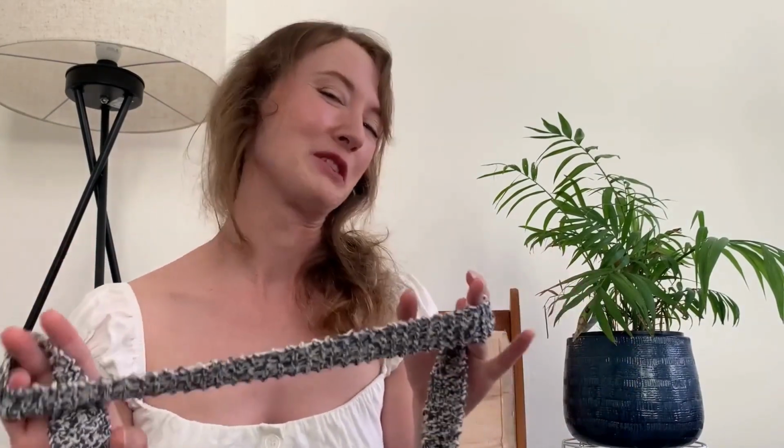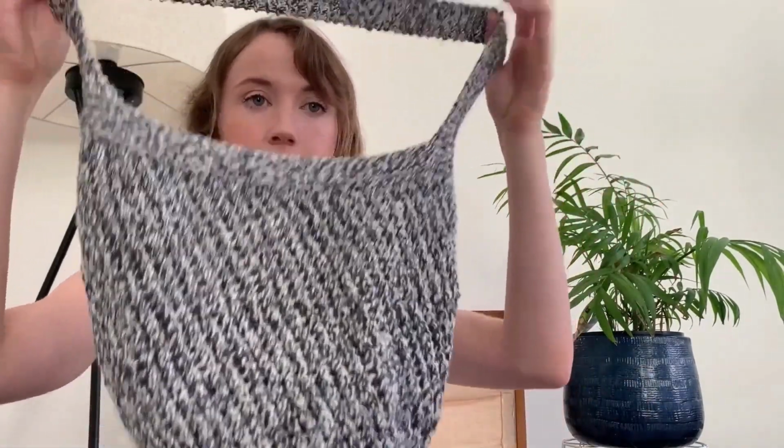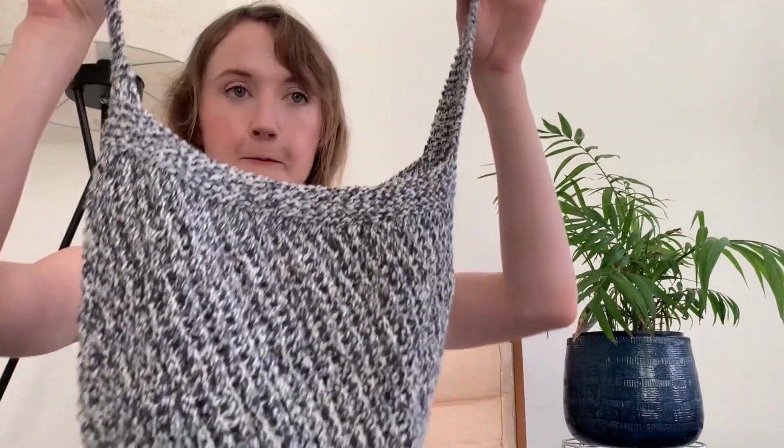I originally made a bralette out of it, and it was awful. It had no give because it's cotton, and it was just bulky and didn't really fit me very well. It was when I first started knitting and I didn't really understand the appropriate weight of yarn for a project or material or anything. I just bought yarn that I liked the look of, that I thought was interesting. So I had 2 skeins of this sitting around, and I thought, I need something to use it up because I'm not going to use it for any garments, and that's really what I'm mostly interested in making. So I found this bag, and it's just a very simple